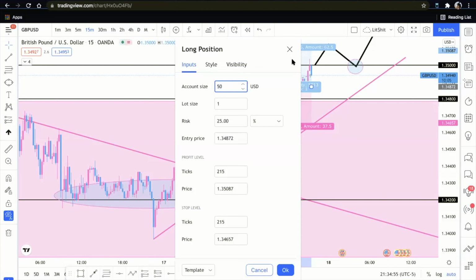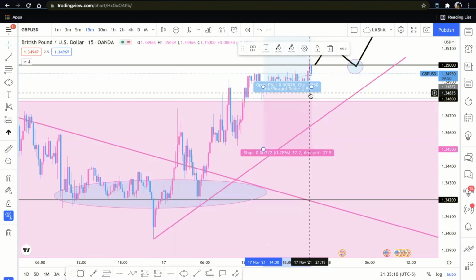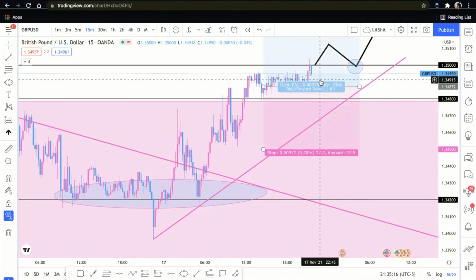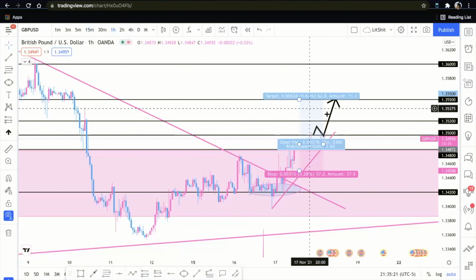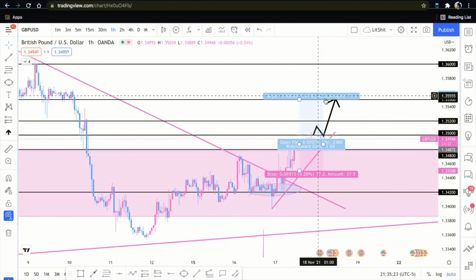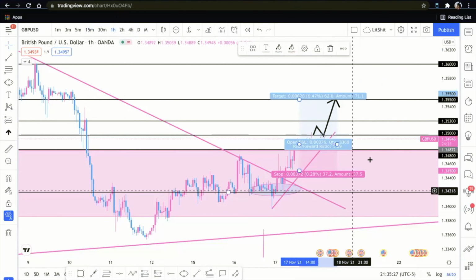My stop loss was 1.34500. So that was 30 pips. And then my profit was 1.5500. So that's a 1 to 1.69. That's almost a 1 to 2. All right, I just want to see it go up just a little. All I need is 62 pips. If I can get it to 62 pips and I'm risking 37, y'all,